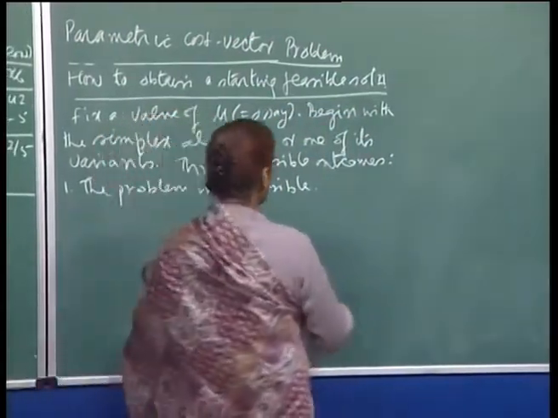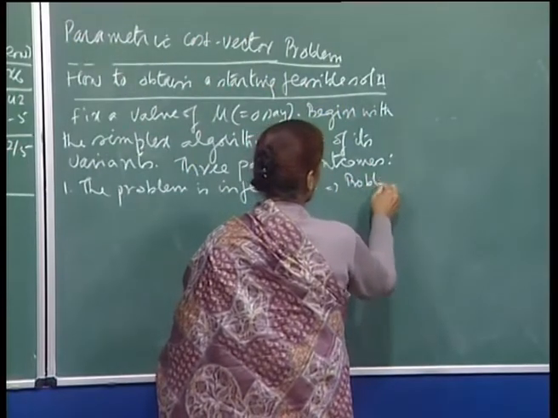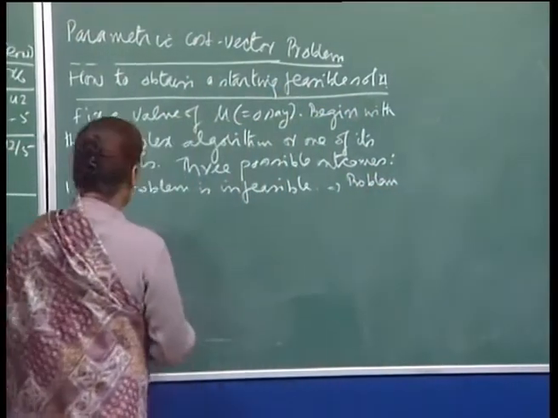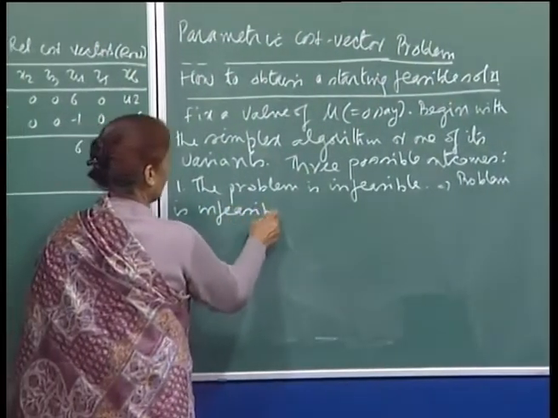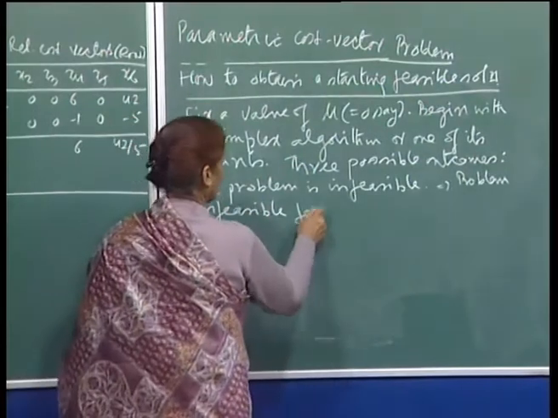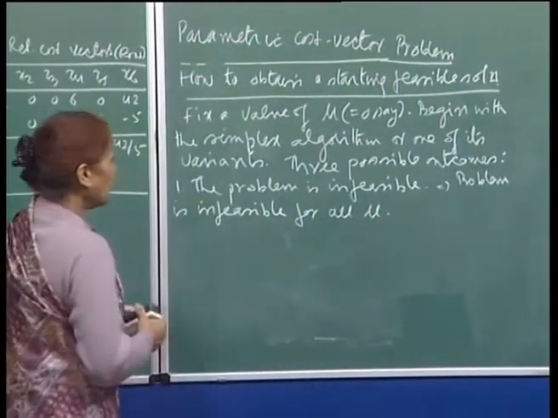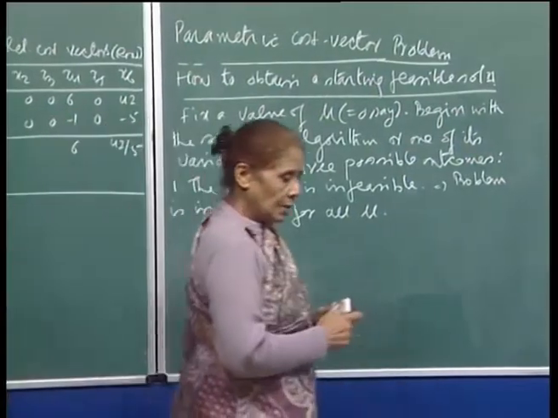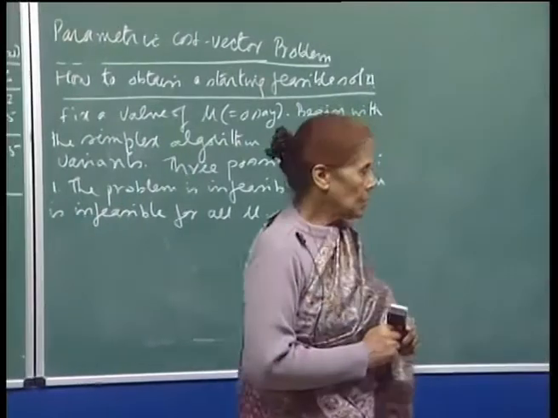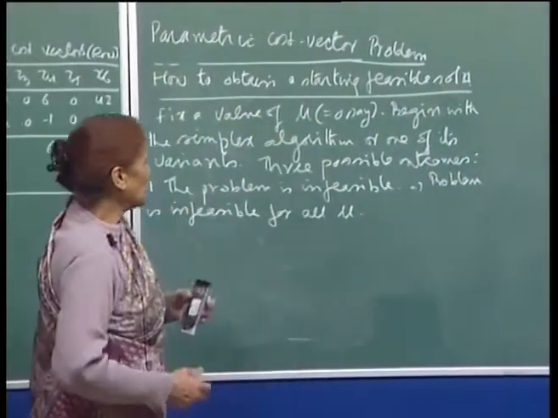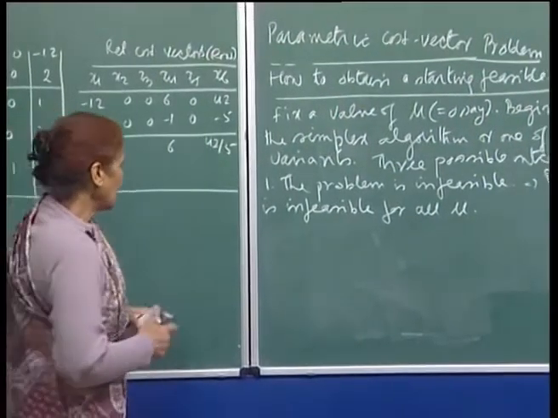The problem is infeasible for all mu, because you are trying to find a feasible solution for Ax equal to b, x non-negative. That has nothing to do with the value of mu. So for any value of mu, if it turns out that the problem is infeasible, it is going to be infeasible for all mu. Second,